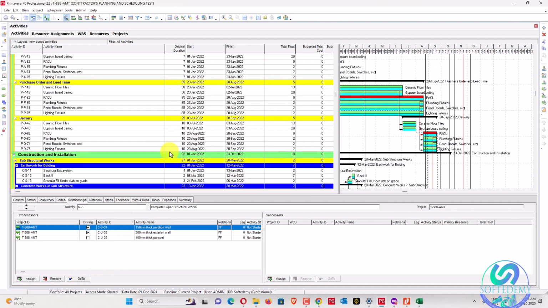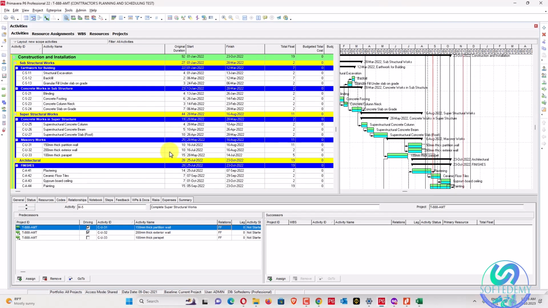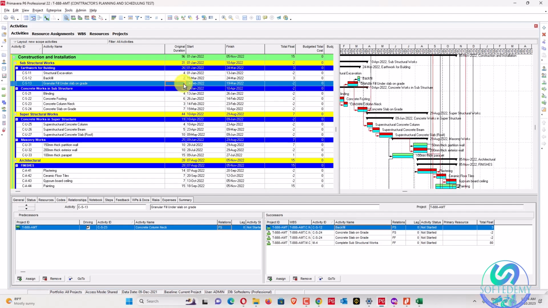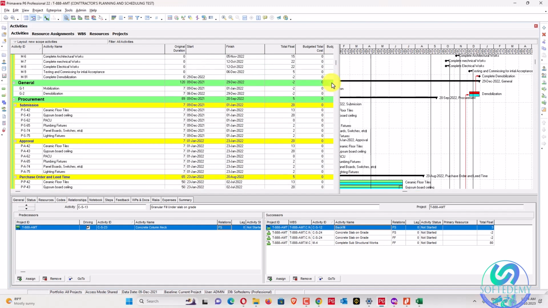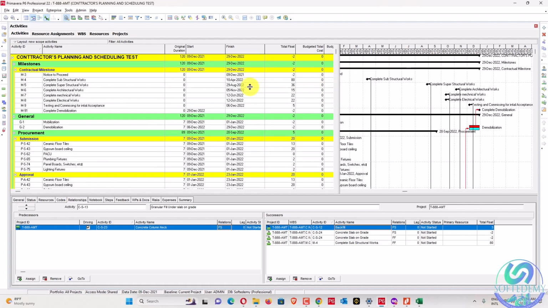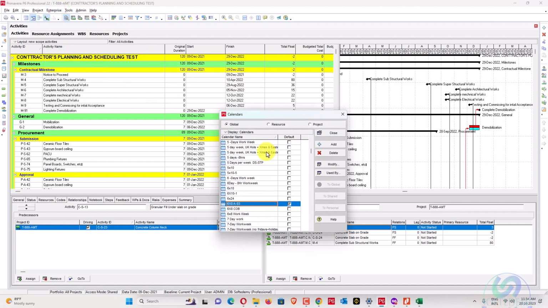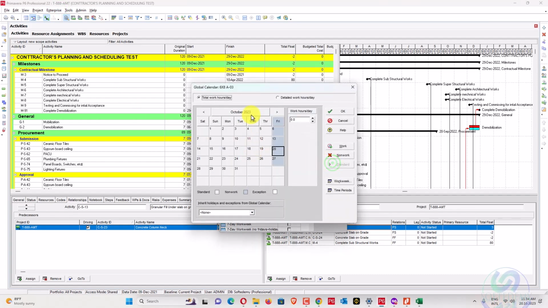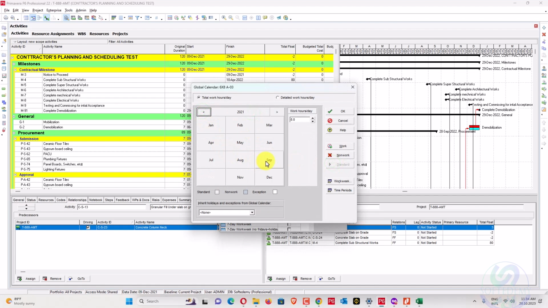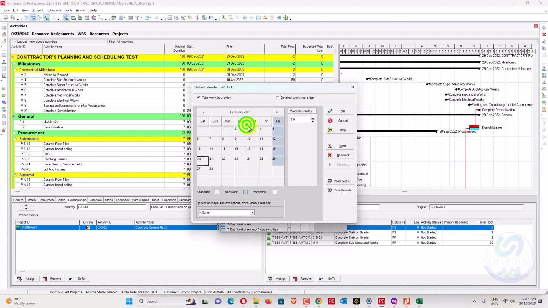Just go here, increase up to 7 now, not decrease, increase there. Okay, just increase 7. So you can see here it's finishing on 29 of August, crossing the borders. Whenever this issue appears, please consider modifying your calendar. Go into 2021 and check your calendar, and see whether any public holiday has been assigned to your project.